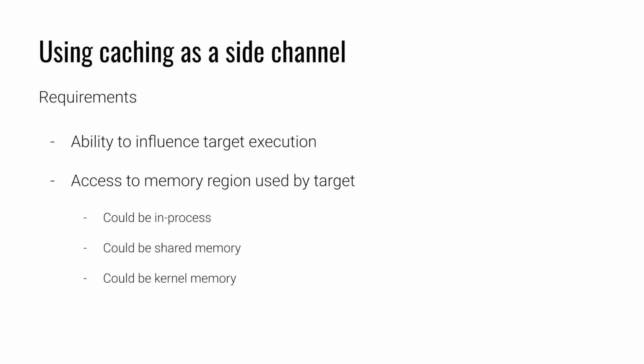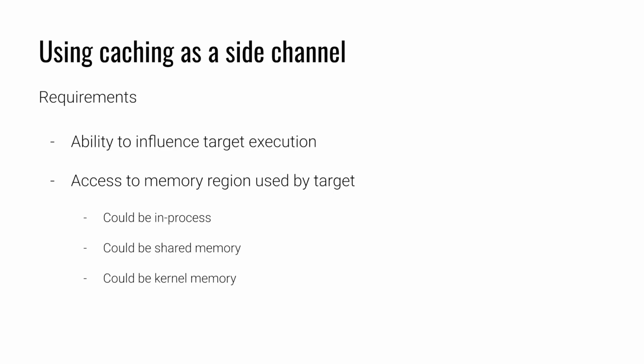Well, there has to be some target, some program or some value that I'm interested in. And this is our target, right? The way a target value gets placed into the cache in any meaningful way is if it is accessed. We said that's how we put things into the cache. So there needs to be some program or memory region that we're interested in that is the target. And we need to be able to influence the target's execution so that we can get the target to perform an action that may or may not interact with the cache, and then we're going to observe the